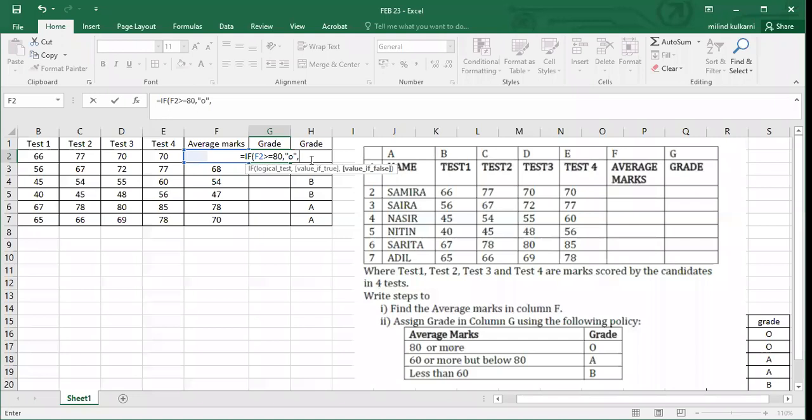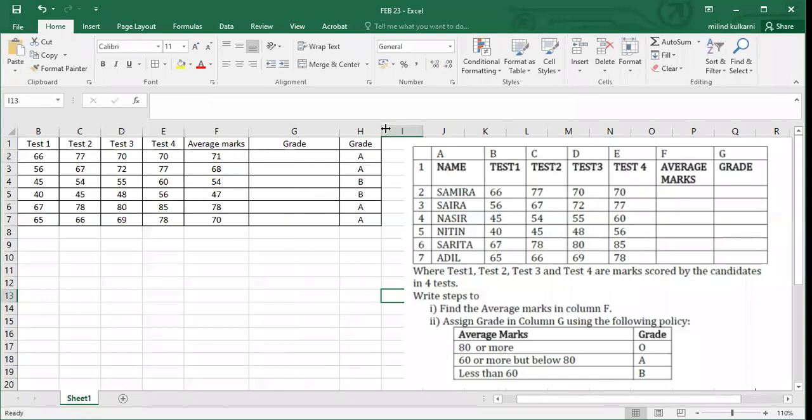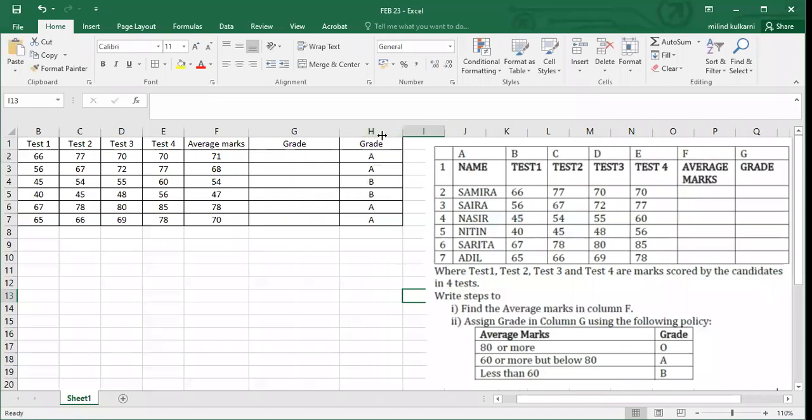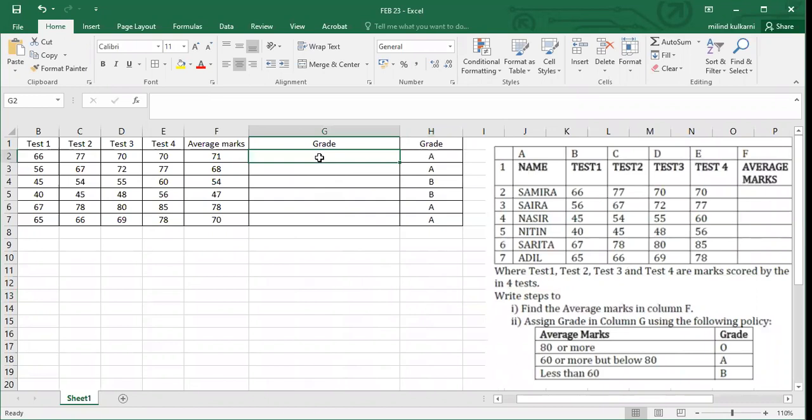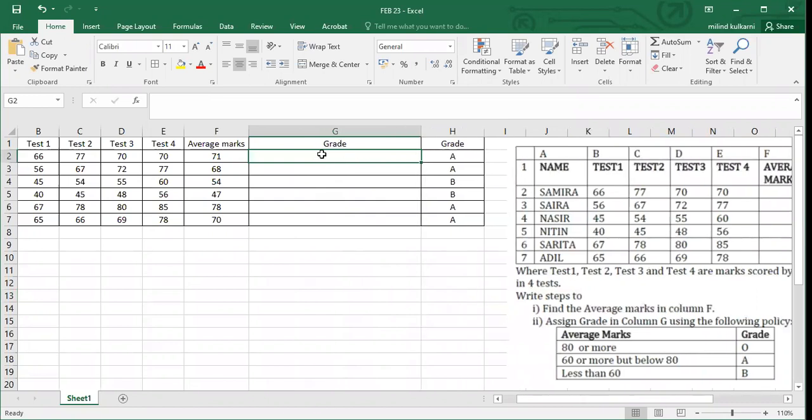Okay, so see, this is about the 80. Then the next condition. Let me increase the size of this grade column. Again you see here, equal to, then IF F2 is greater than or equal to 80. 80 is a number, therefore don't enclose it in double quotation marks.